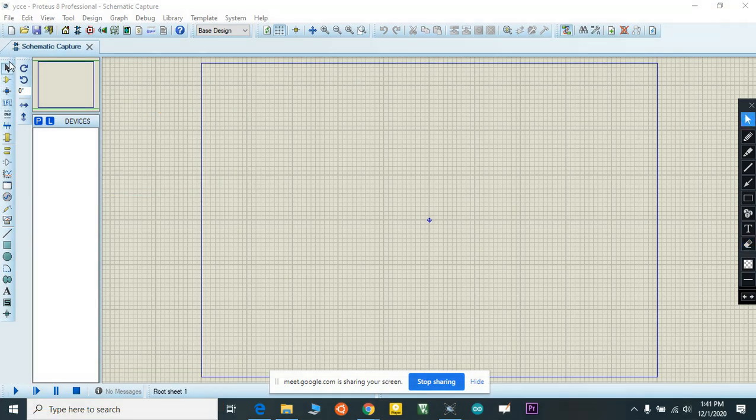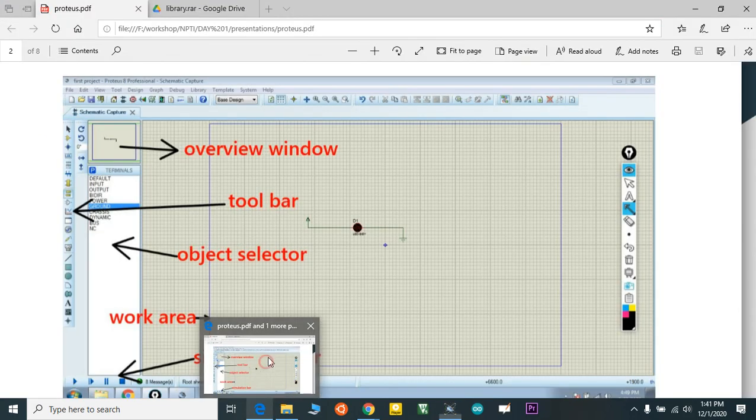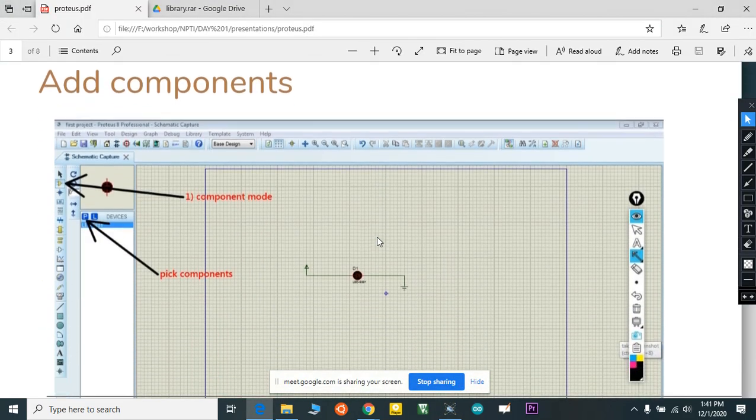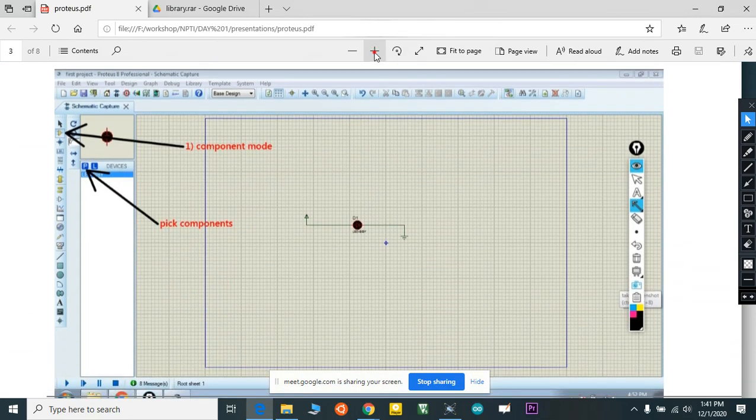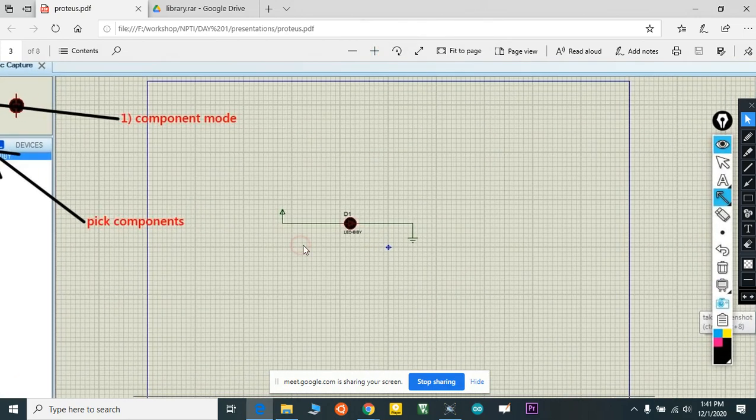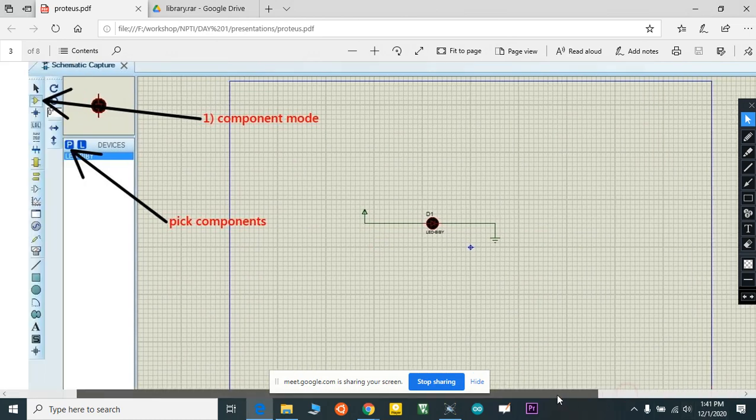In our tool window, you can see an arrow, a diode-like symbol. This is our component mode. I will show one more tool. See, you can see this. I will zoom in.